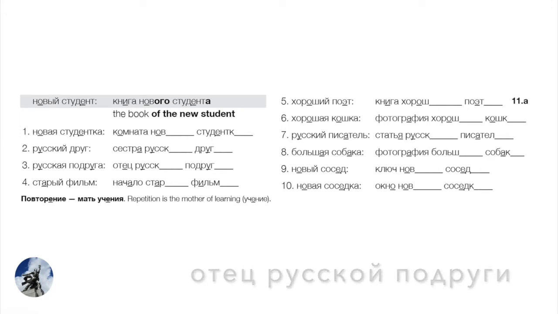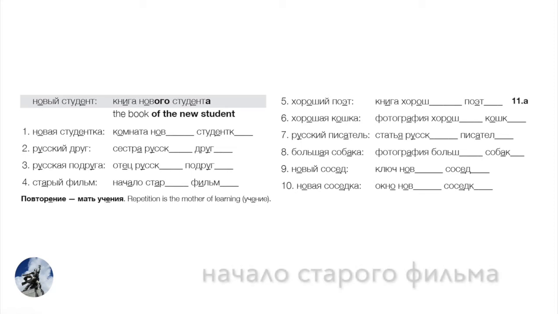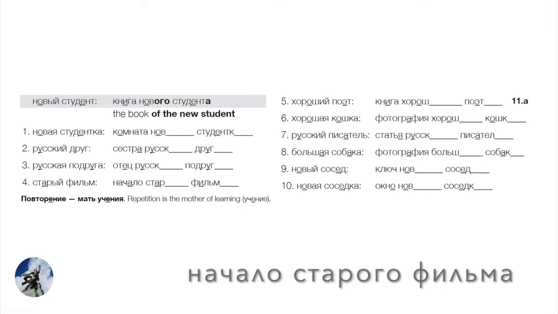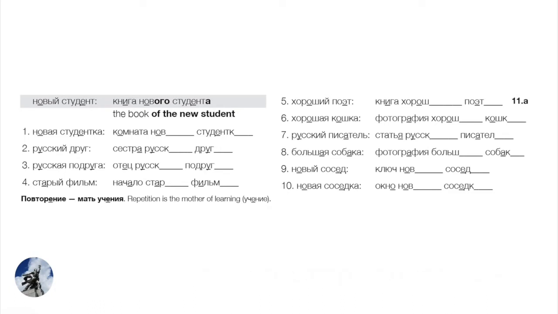Okay, number four, старый фильм, an old film. The beginning of the old film. Начало, okay, we need masculine. Старого фильма. Number five, хороший поэт, a good poet, masculine. The book of the good poet or the good poet's book. Книга